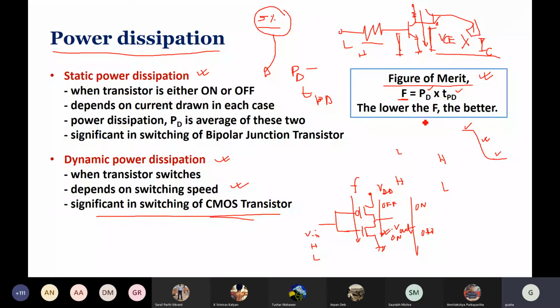Okay, so this is another term that we consider when we talk about the performance metric of a particular logic family. Is it clear? Can I get an audio response? Yes, sir. In this full screen mode, I cannot see the chat box. So if any one of you has any question, you can just ask it by audio.